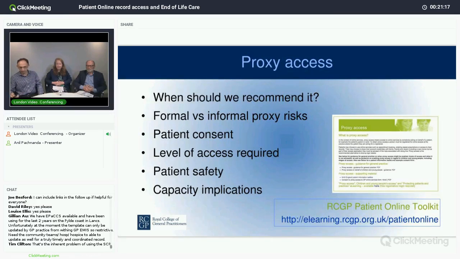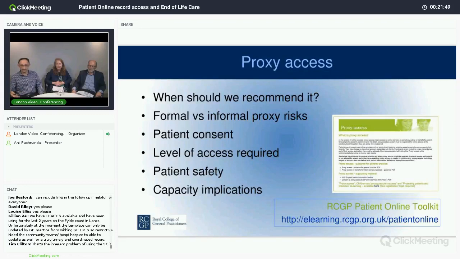There's some guidance on the patient online toolkit about proxy access. Obviously, there are patient safety and opportunities for misuse, and again, that's covered in the toolkits. I'm not going to go through it too much here, but I think importantly, in end of life, we are dealing with a set of patients where capacity implications may be relevant, and often it's useful to identify those capacity implications early